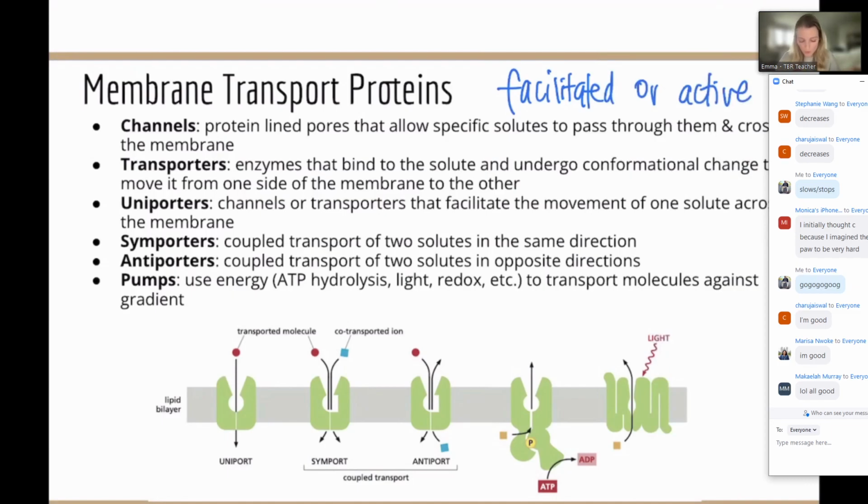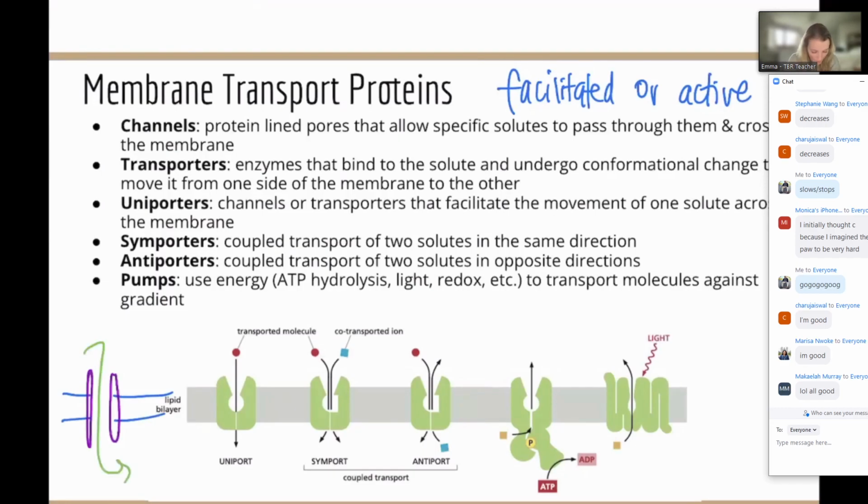So we have channels. If you think about a channel, like in a harbor, that's something that it can just pass right through. So if this was my bilayer, I'm just going to extend it out over here. And that got rid of the whole thing, so I'll have to redraw it. You often see them like this, a little channel where things can just pass on through.